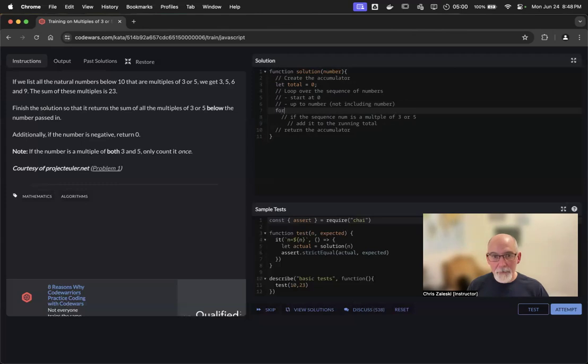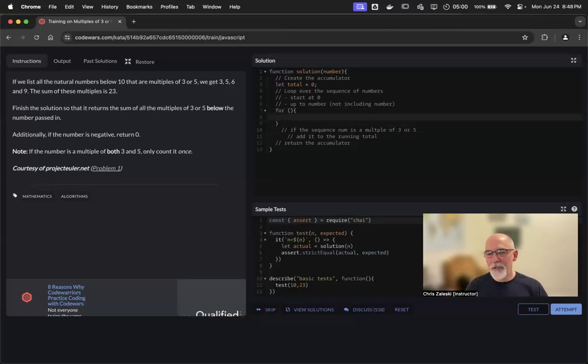We're going to say for, what I like to do is always set up my proper syntax first and fill in the details after. So I like to put parentheses and I put my curly braces and then I open them up, creating my structure first, and I'll fill in the details after. So now in here, I'm going to put that counting loop. And I'm going to say,